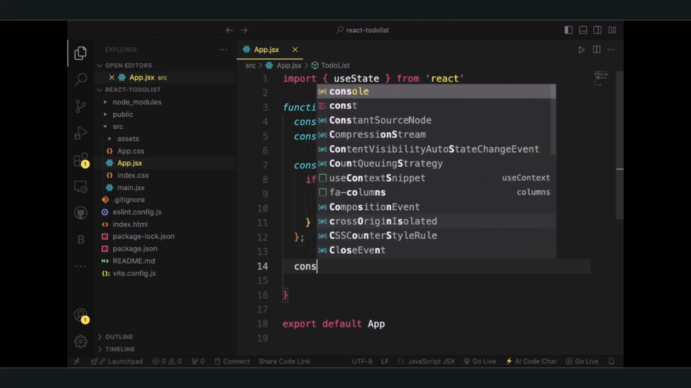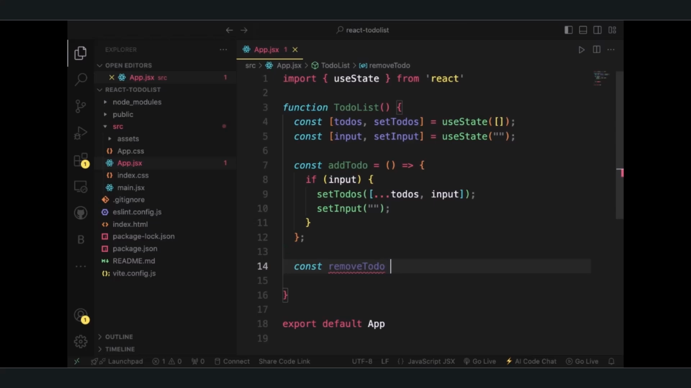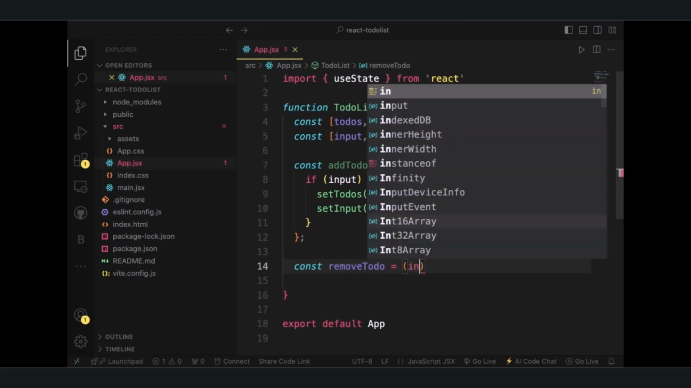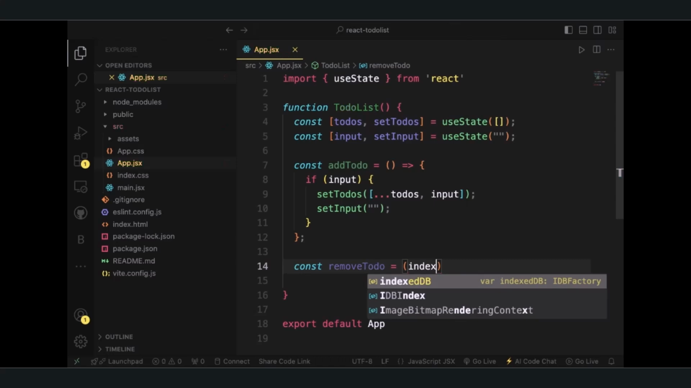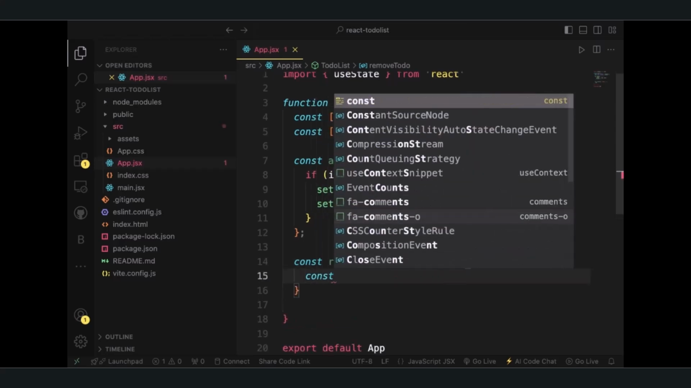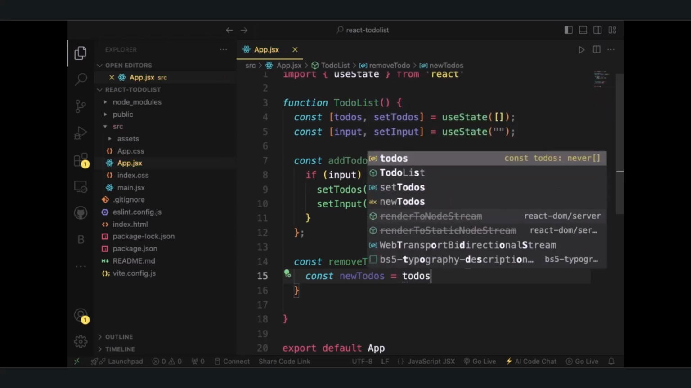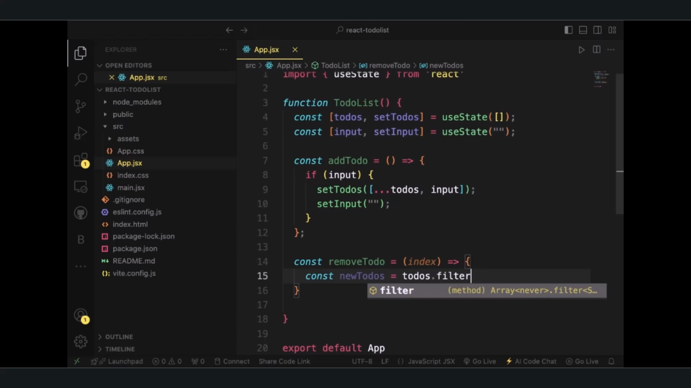So after we create an add, we need a removeToDo. What if someone adds and the person is done and wants to remove? So our variable remove takes an index as a parameter, and